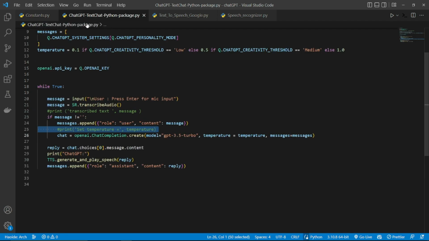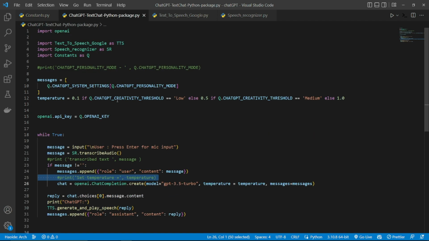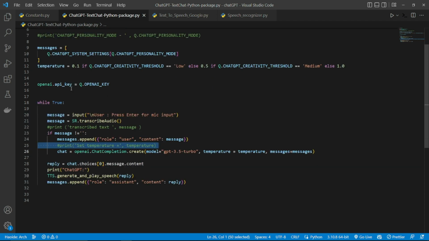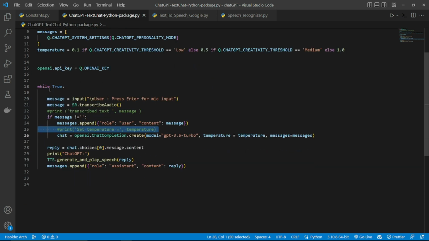This is the main program, ChatGPT Text Chat. At the very top, we import these different libraries which are necessary to run the program. Here we have the messages array defined, in which we define ChatGPT's personality mode and the system setting, as well as the temperature that controls its creativity. The default is set to low and the personality mode is set to nice. Then we initialize the API key for OpenAI. Then we loop